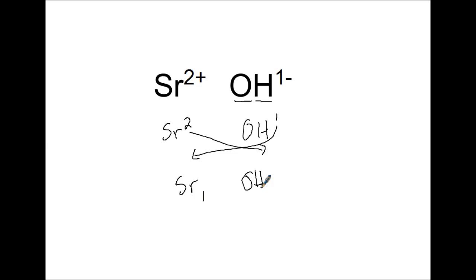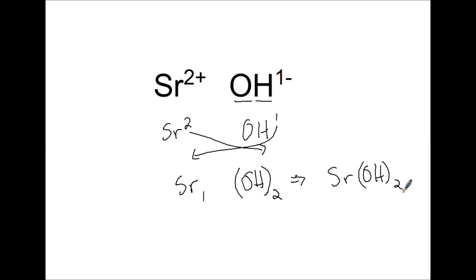Okay, so a lot of students get confused here and they don't end up putting the hydroxide in parentheses. And you still need to because it's a polyatomic ion. All right, so once again, we'll take away the pluses and the minuses, and we'll do crisscross. So we have Sr, the 1, and then that OH, like we said before, needs to be in parentheses. Okay, and the 2 is going to stay outside of that. All right, so our final product or our formula is Sr